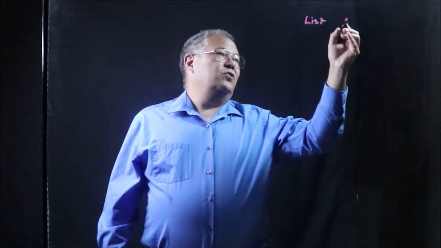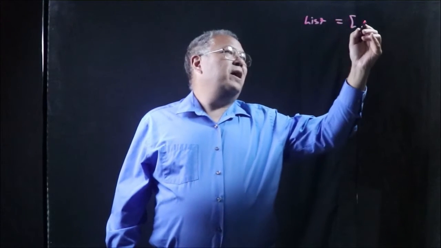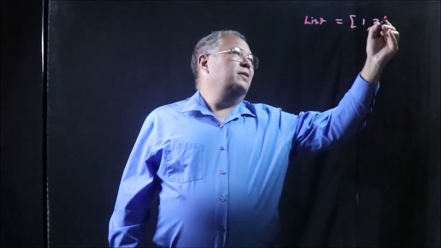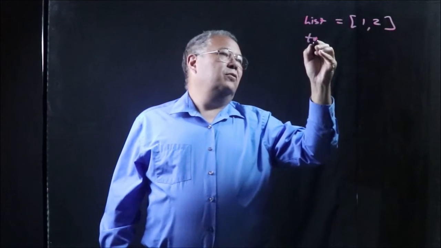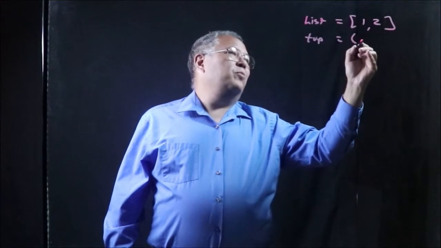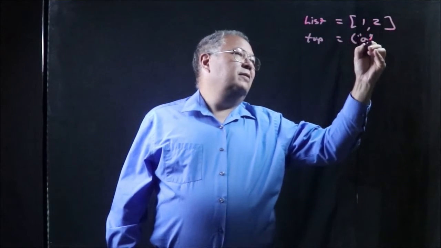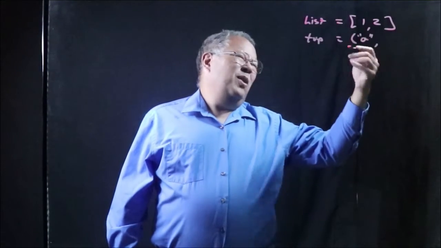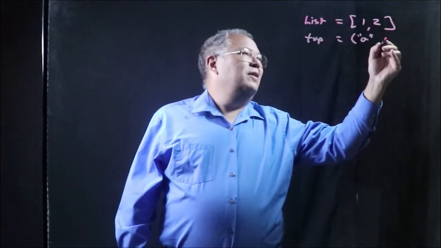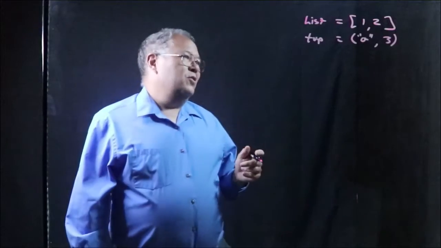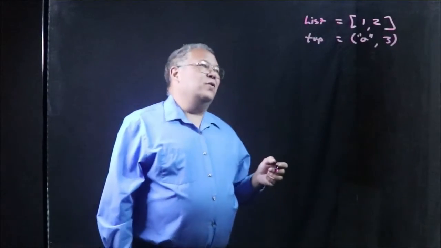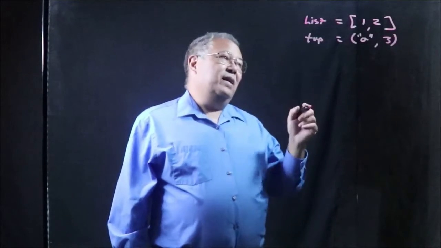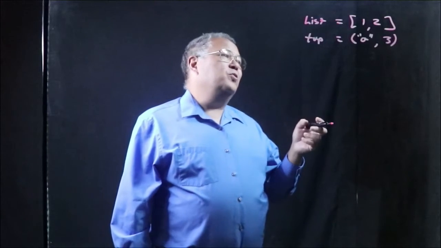So, list syntax. First things to note. I'll just do list equals, and we use square brackets for a list. For a tuple, we use round brackets, or whatever a round one is called. So if you use the wrong one, you're not going to get a list. We're going to come back to tuples a little bit more because we're going to use them in the homework